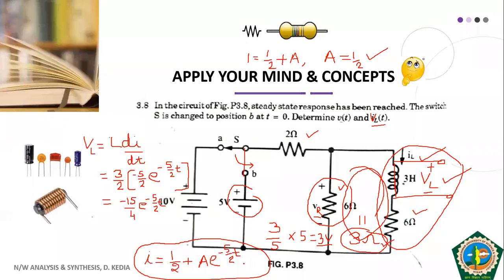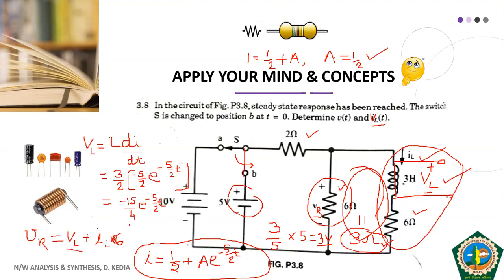The situation will be, that is this VR or VT. So let us take this as VR. This VR is equal to, since these two branches are in parallel, this voltage is equal to the sum of these two voltages. So VR will be equal to VL plus the current across this 6 ohm resistance is the same current which is flowing through this inductor, that is your IL. So VR will be equal to IL into 6. I hope this thing is clear.